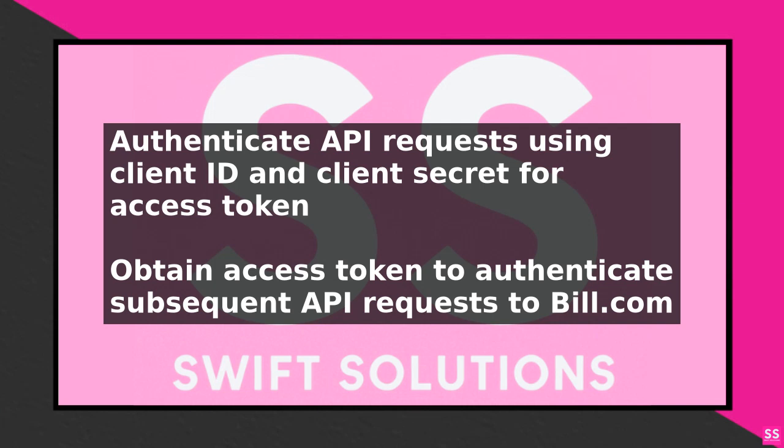Once you have obtained an access token, you can start making API requests to interact with the Bill.com platform. For example, you can use the API to create new bills, send payments, or retrieve a list of vendors. Each API endpoint has its own set of parameters and requirements, so be sure to consult the Bill.com API documentation